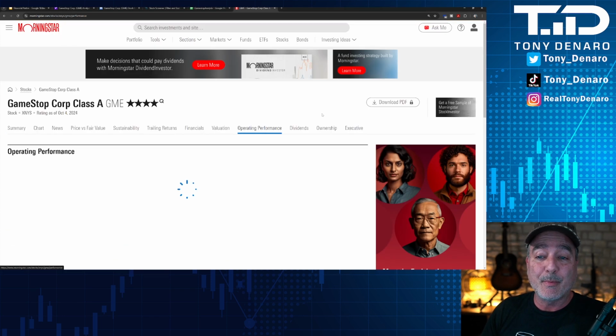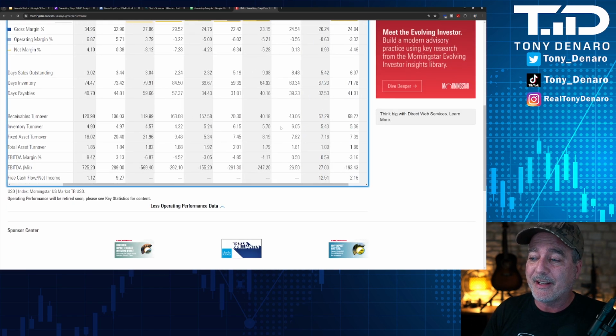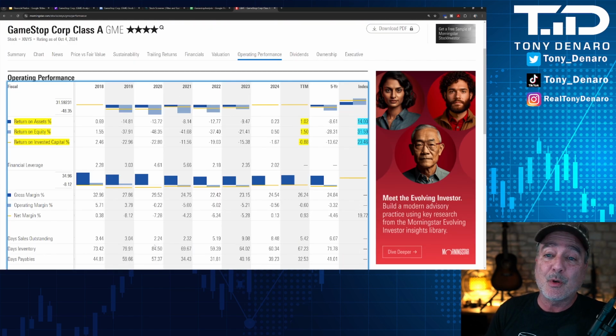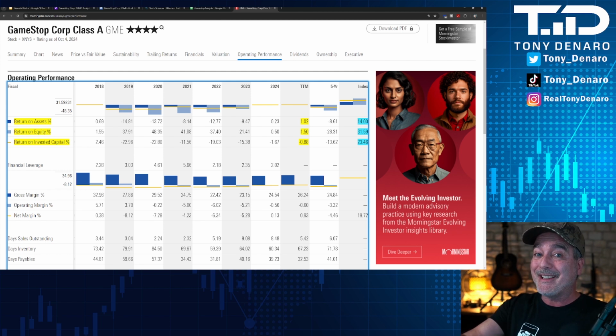And then we have some of the metrics looking at operating performance. Let me scoot this data over. We can see GameStop's trailing 12 months return on assets, return on equity, return on invested capital, 1% or a negative number relative to what the index is trading like. And if you want to be in an index like the S&P 500, bros, you're going to need to pump these numbers up. How do you pump up these numbers?